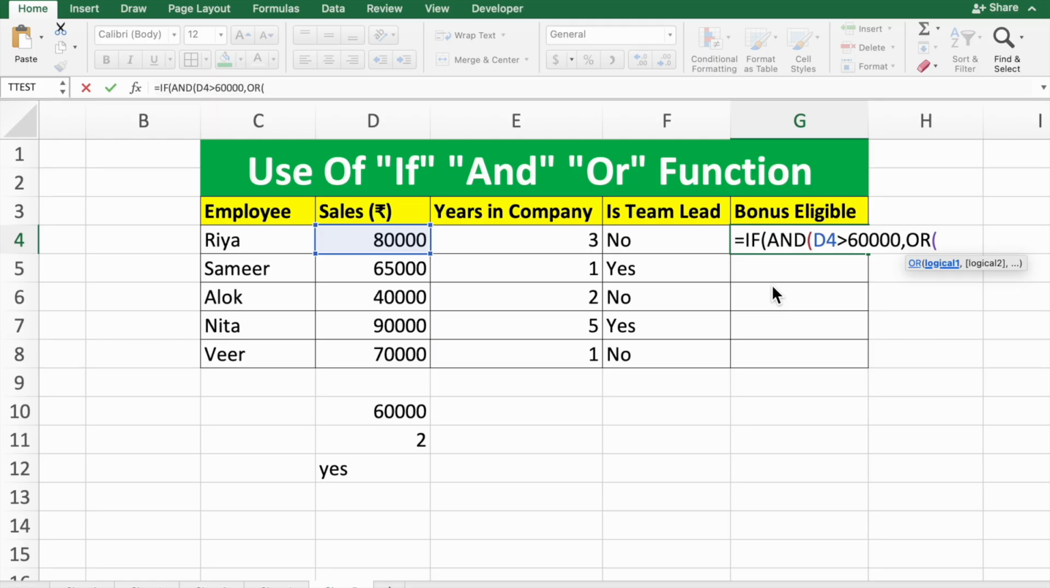Okay, now here we use two conditions. First, this should be more than 2 years, comma, or this should be equal to yes. Okay, then what happens? Now close the bracket. Then comma, if this condition applies,